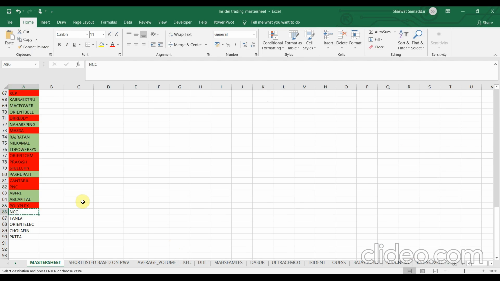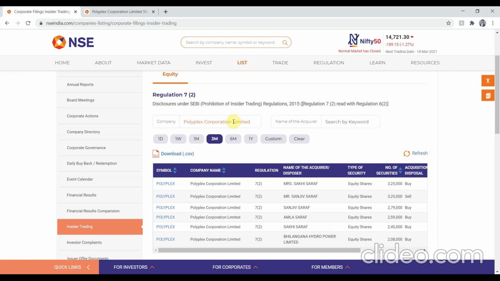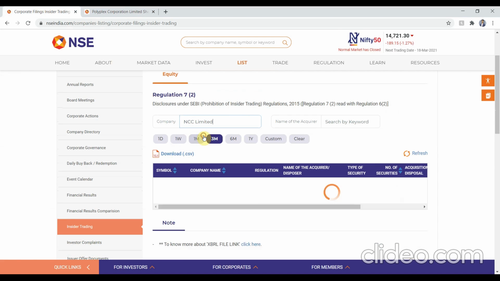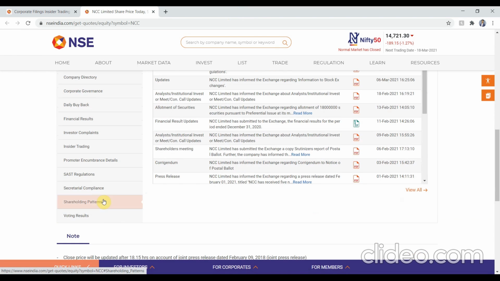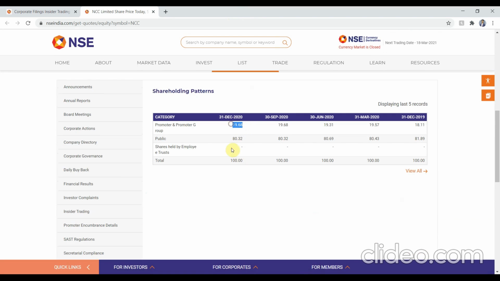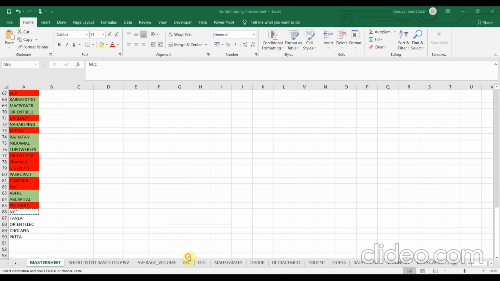Next on our list is NCC. Okay, copy it down. NCC Limited. Click on NCC. Go to the corporate information. Let's check the shareholding patterns for this. Okay, so as you can see, it is 19.68%. So it is less than 50%. So we'll mark it as red. No need, once it fails to pass any one of the primary filters, we could just ignore all the filters after that. We don't need to check it. Although for educational purposes, if you want to check, you can go ahead and check it.